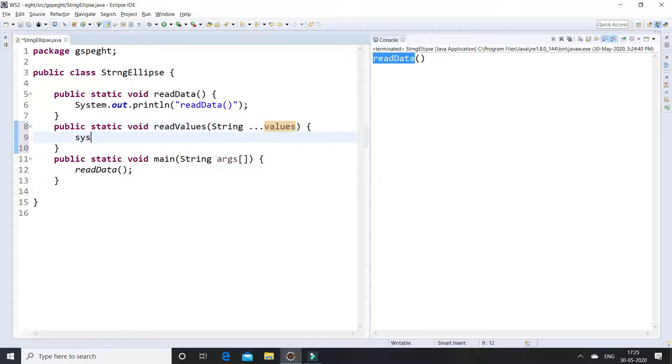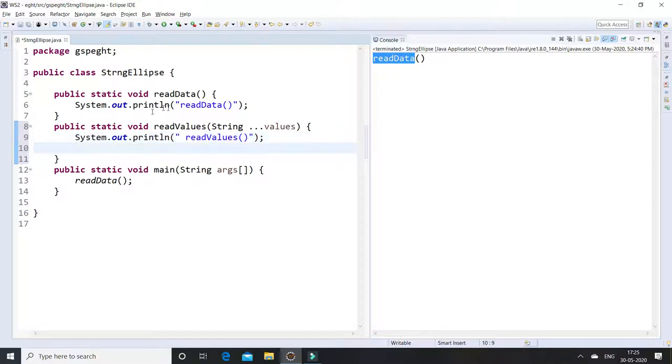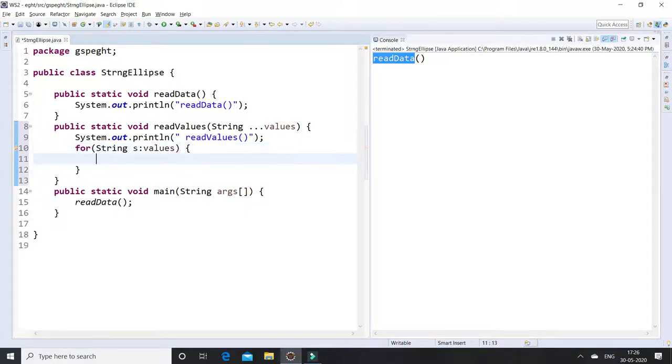I am creating a sysout to show which method is being called, read values, and I am going to iterate these values using for each, displaying those values.